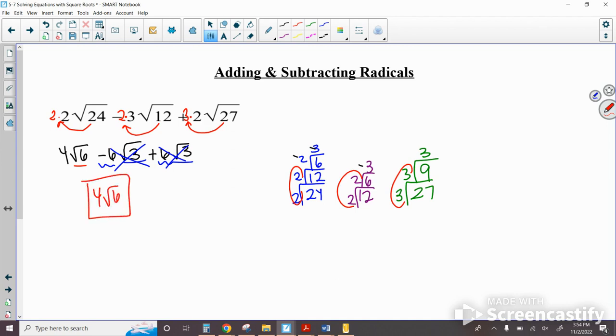So the biggest thing I want you guys to see here with adding and subtracting radicals is that you can add or subtract them as long as they're the same type of radical. They have to be the exact same type as in square roots, but they also have to be the same kind of number on the inside. Sometimes they cancel out, and sometimes you just have to write them next to